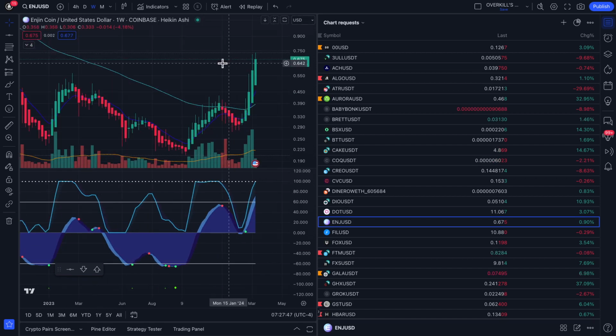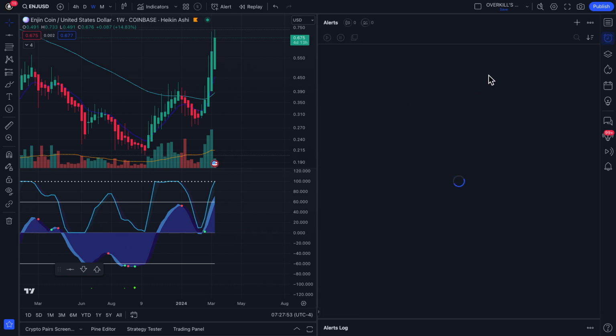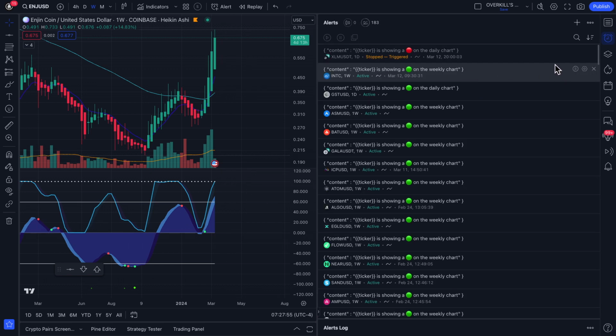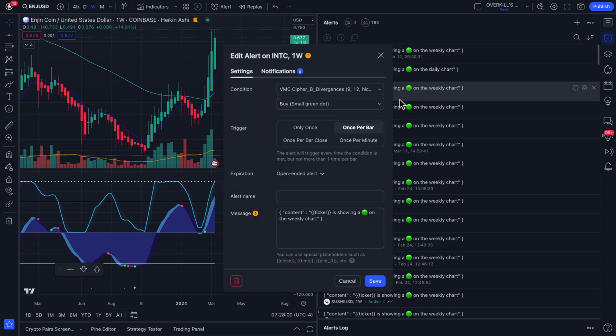ENJ, nice breakout here on ENJ. This is one we can add. So I'm actually going to add this one to our watch list, and I'm going to set up an alert on this thing. I'm going to set up an alert that is going to notify us over in the